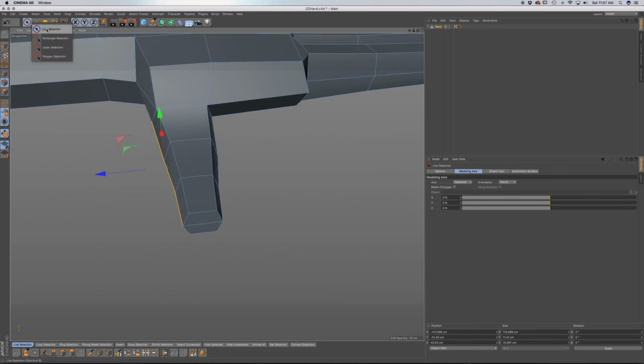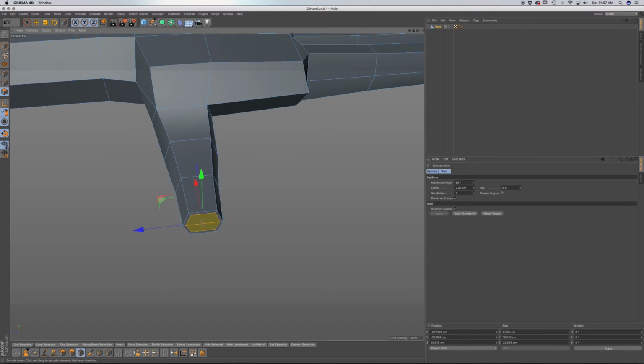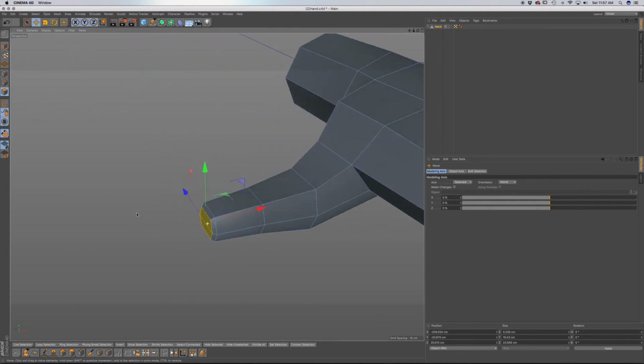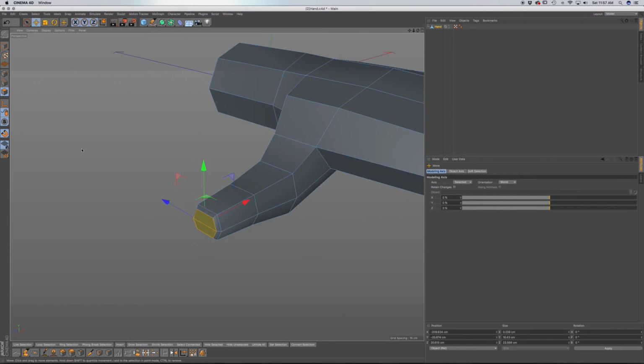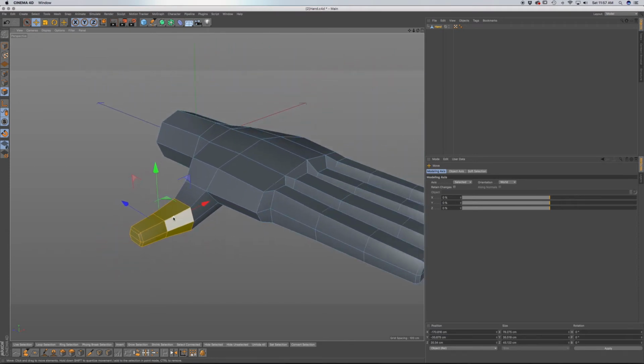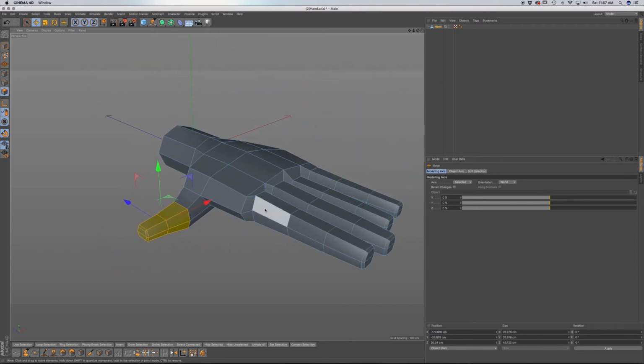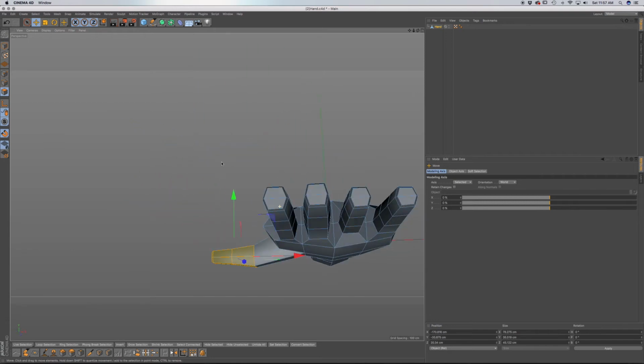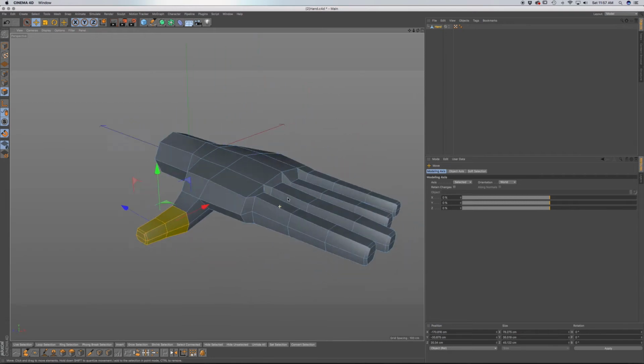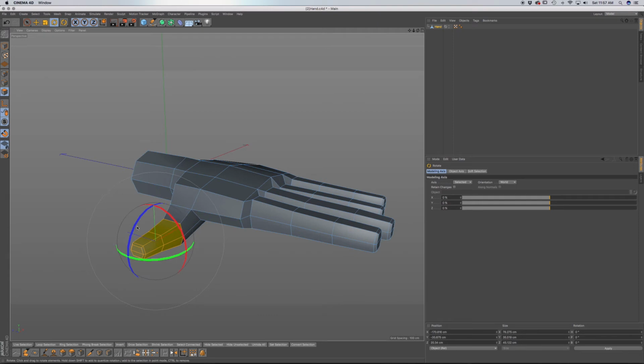And now what I can do is go to polygon mode, extrude inner, pull this out, and like that grade off. And then what I'll do now is I'm going to go to UI, and let me take a look at everything before I make any rotations. Okay, so I'm just going to rotate this